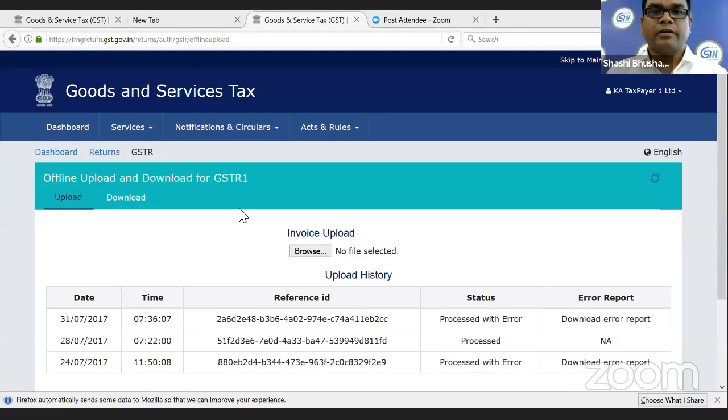Select the zip file and open. It will automatically take the GST number of the supplier, the financial year and the tax period. Go to proceed and you can see here what the errors are in the